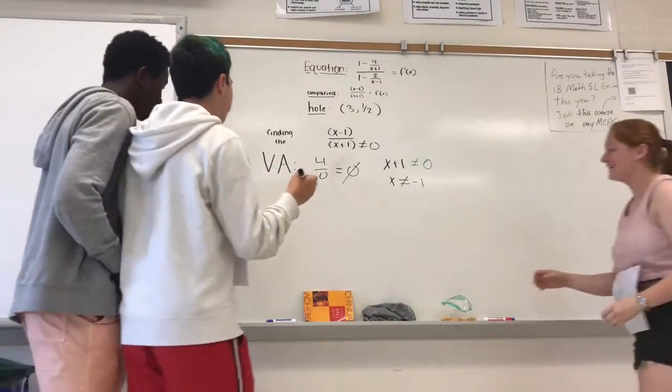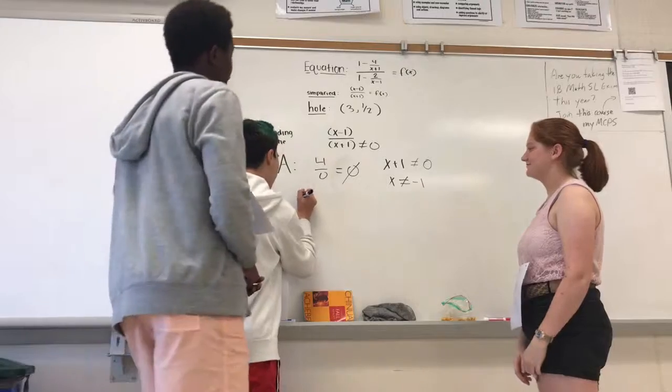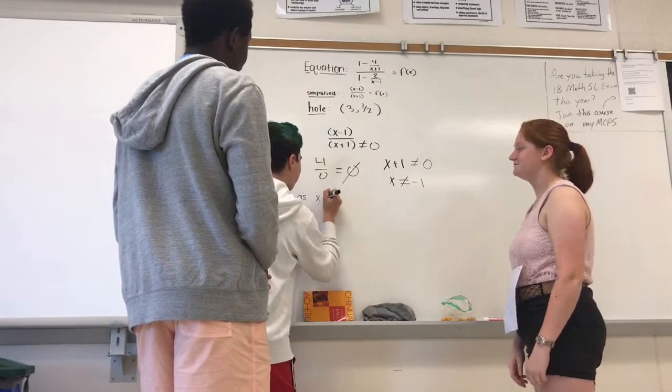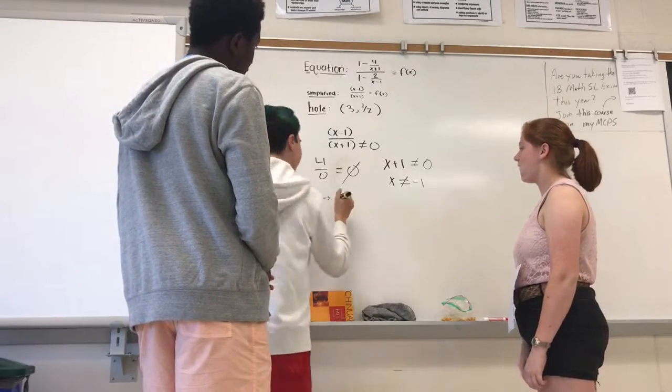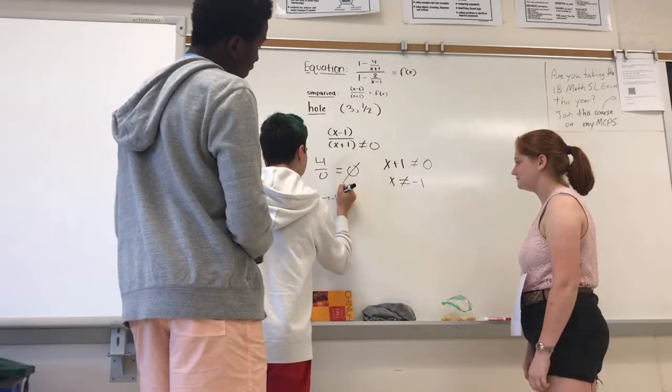To justify the existence, we'll say as x approaches -1 from the right,